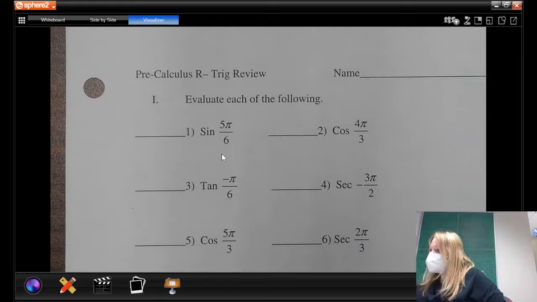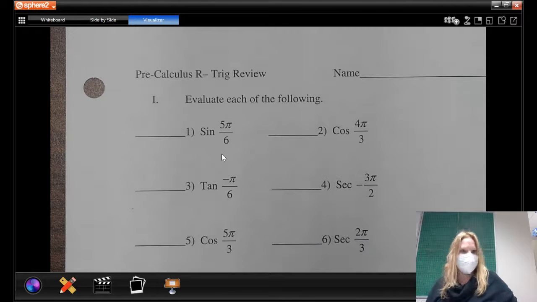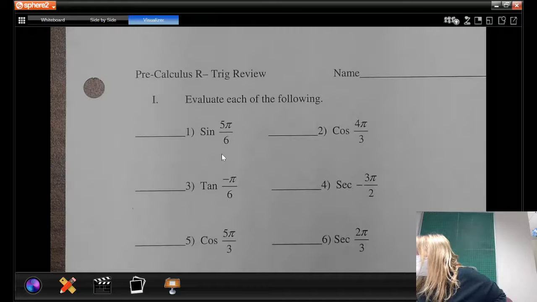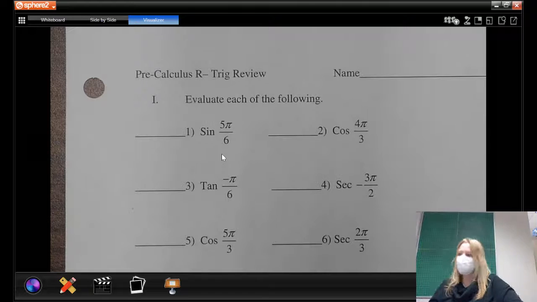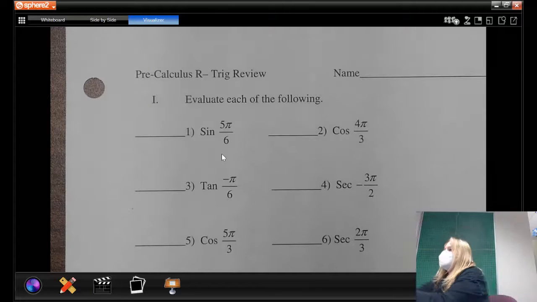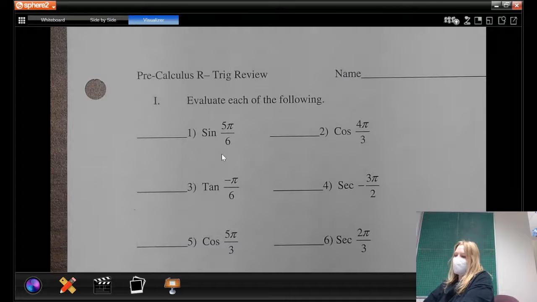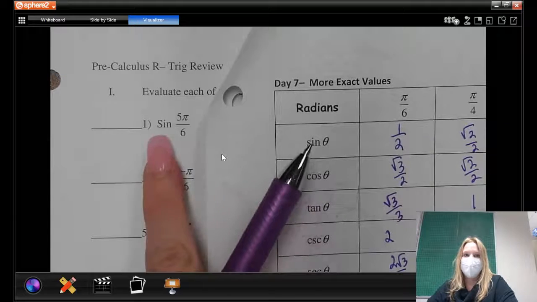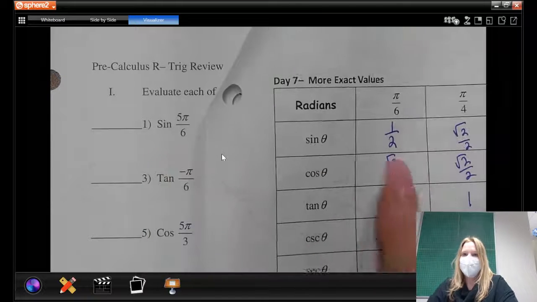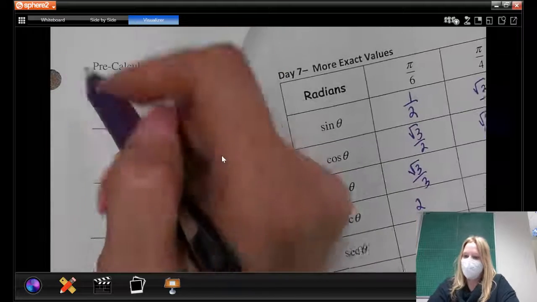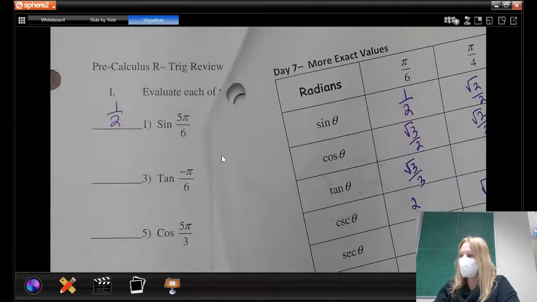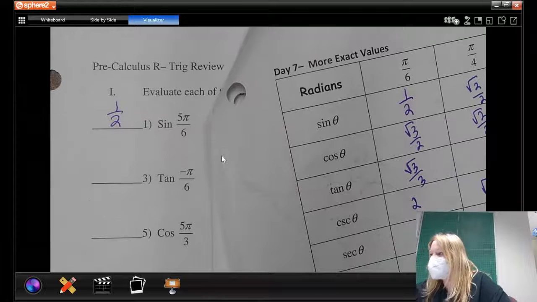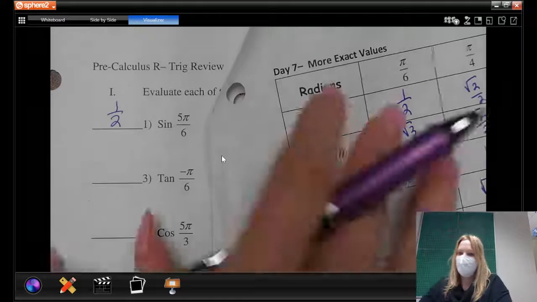Okay, so when you're doing this, you will have your trig chart in front of you. You will have your unit circle, so on. So if I were doing that first one, I'd be looking, okay, what's the sine of pi over 6? Sine of pi over 6 is a half. Then to determine whether it's positive or negative, I'd have to think of what quadrant 5 pi over 6 is